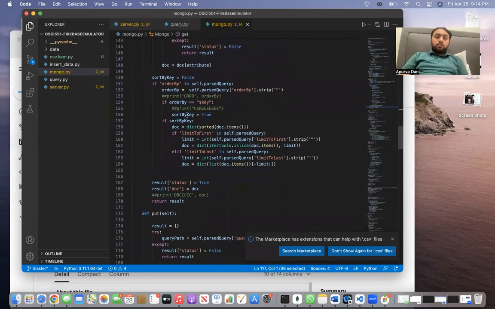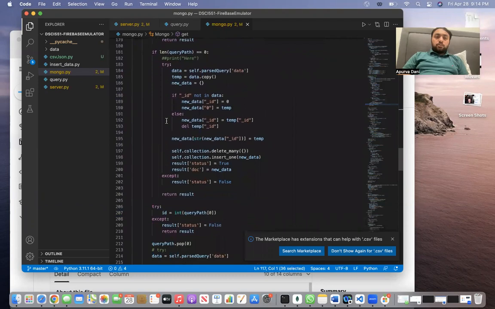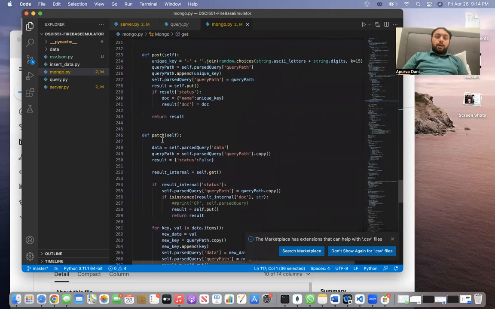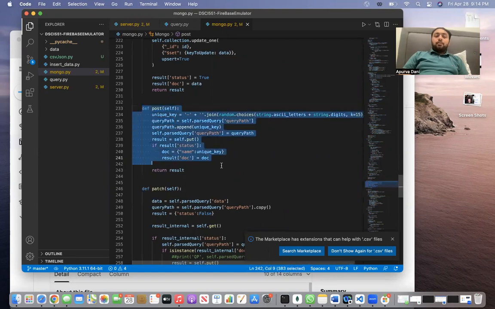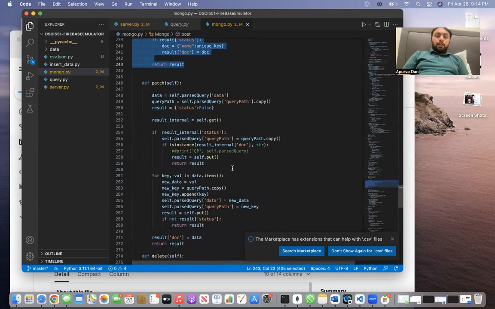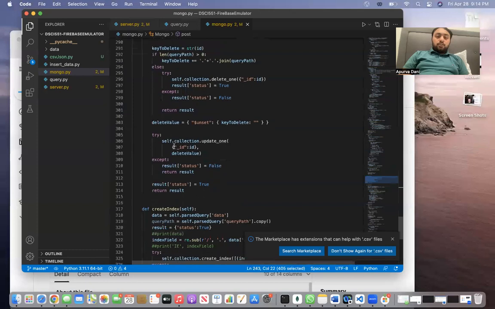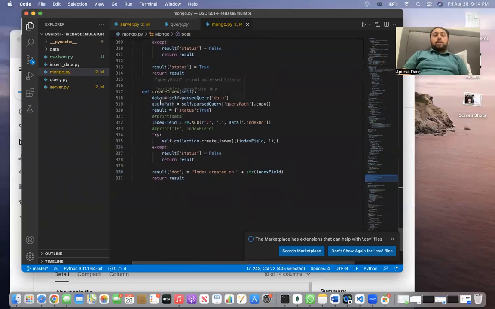So we have a get function, and then we have a put function, and you have basically a patch, a post. Something that we have done smartly is that in the post function, we are calling the put function itself, but we are adding a random key before it, because post is similar to put, except that we have a new key which is generated. So that is being handled in this particular part of the code. And then you have a patch, a delete function, and an important function that I would like to go through